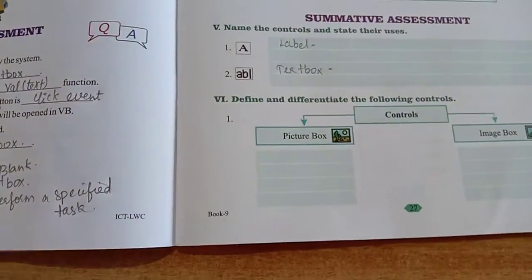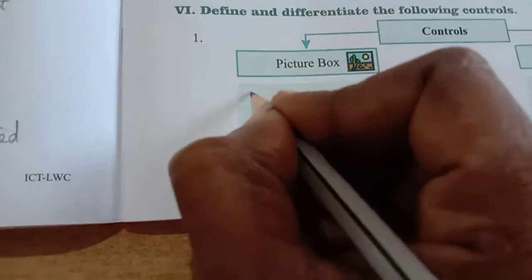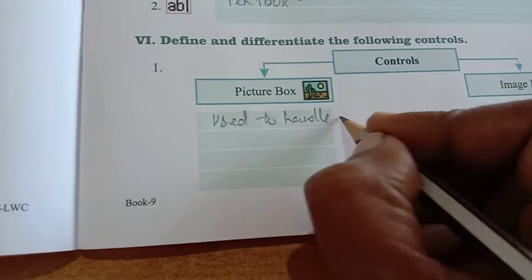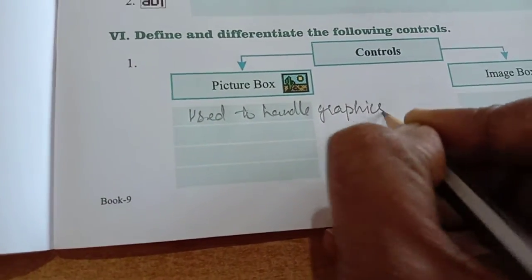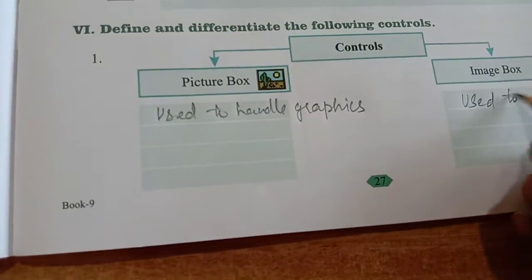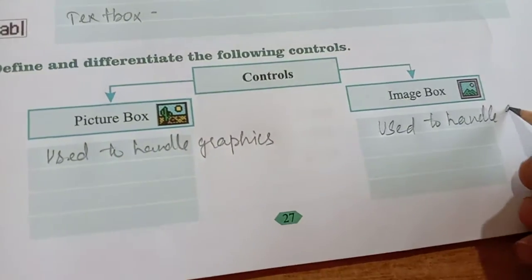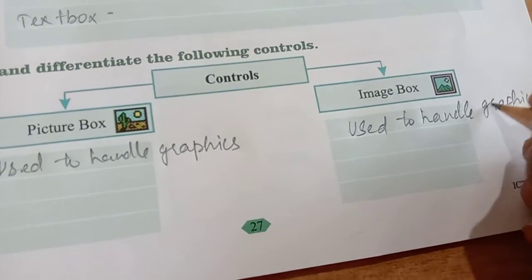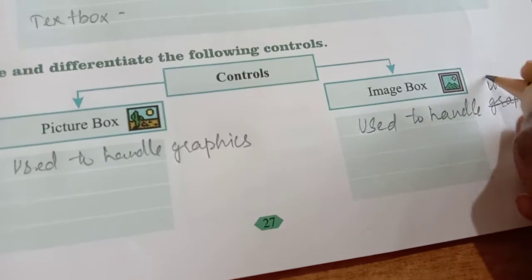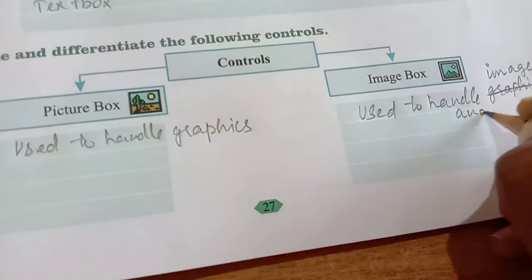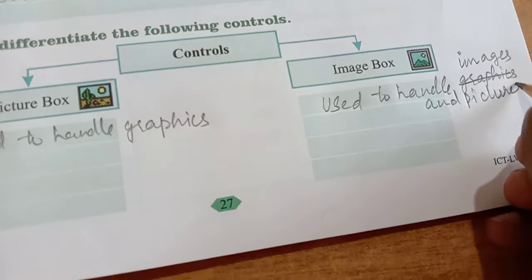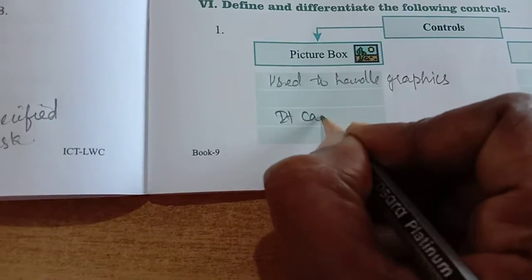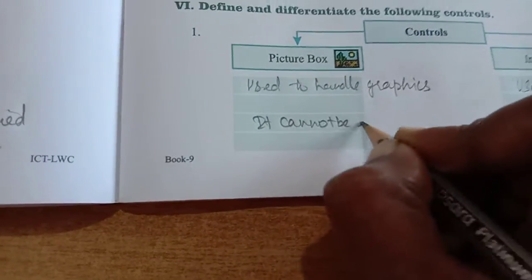The picture box is used to handle graphics. The image box is used to handle images and pictures. The picture box cannot be resized, because it is graphics, right?